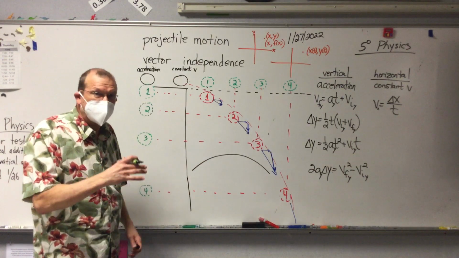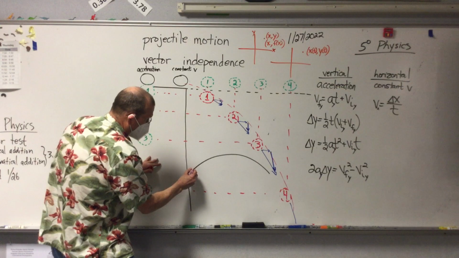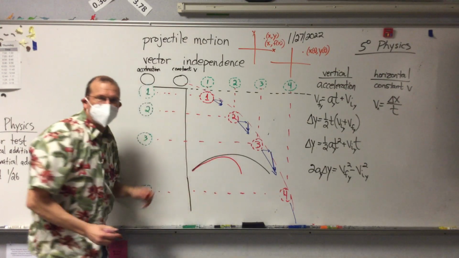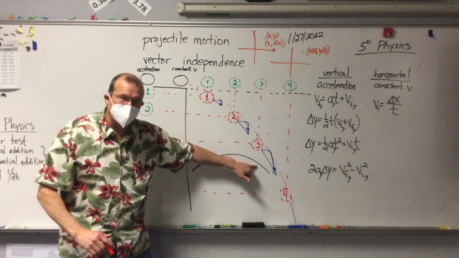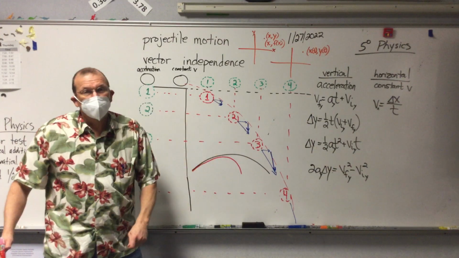But if you've ever seen a drive actually done, it looks more like this. And that's because vertically it behaves exactly the same as the black curve, but horizontally there's wind